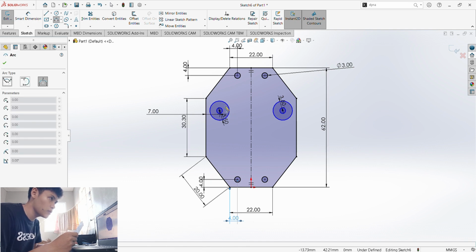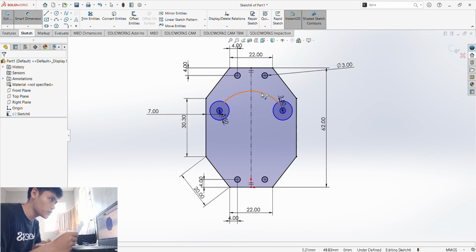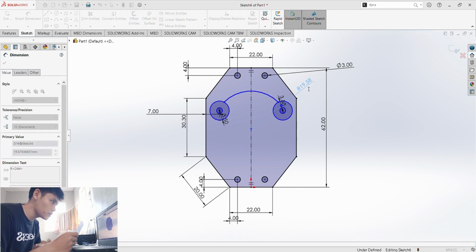So we would be using the 3-point arc. Just select a point where you would be putting your arc. And then let's select this one and check. So smart dimension. This one should be 13.50.